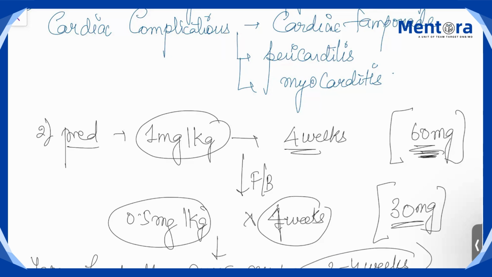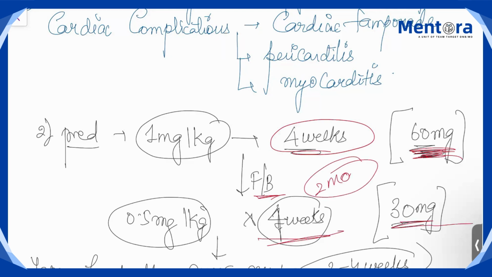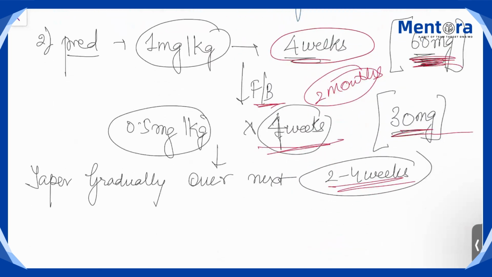ठीक है, तो 60 मिलीग्राम से चालू किया अगर 60 किलो का बंदा है, give 60 मिलीग्राम for 4 weeks, continue it for 4 weeks और उसके बाद reduce it to 0.5 मिलीग्राम per kg for next 4 weeks. तो 2 मंथ का ट्रीटमेंट तो ये फिक्स चलता ही चलता है और उसके बाद नेक्स्ट 2 to 4 weeks में टेपर करके बंद करना है. ठीक है,